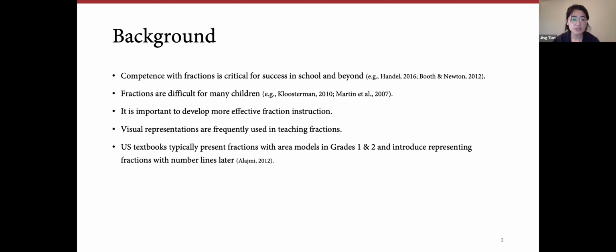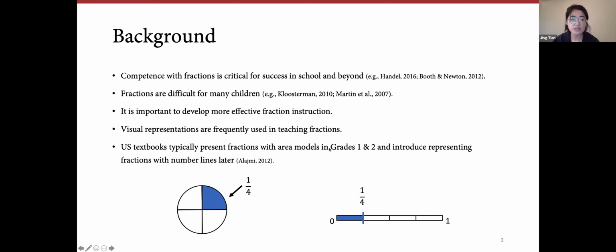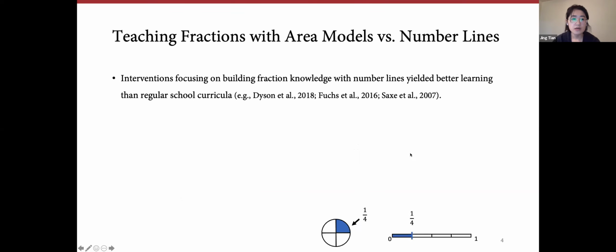So US math textbooks typically present fractions with the area models in grades 1 and 2. And here I'm showing you an example of an area model representing the fraction of 1/4. And later, representing fractions with number lines were introduced. And here is an example of the number line showing the fraction 1/4. So there have been several interventions focusing on building children's fraction knowledge with the number lines that yielded better learning